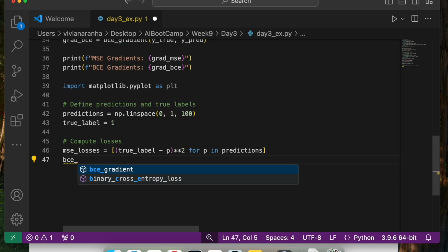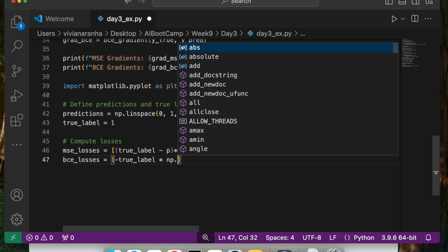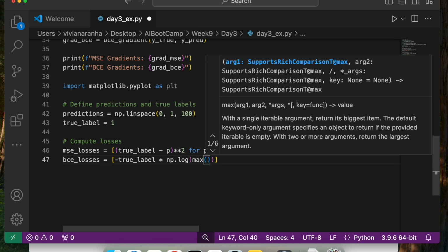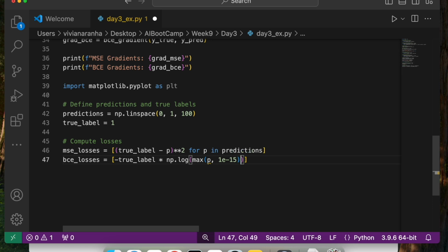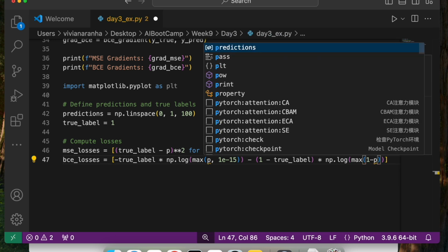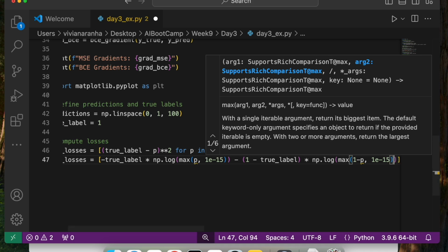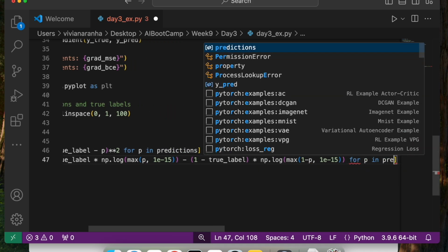Then next, I'm going to say BCE losses equal to, in this case, minus true_label times np.log of max of p comma 1e-15, minus (1 minus true_label) times np.log of max of (1 minus p) comma 1e-15, for p in predictions.